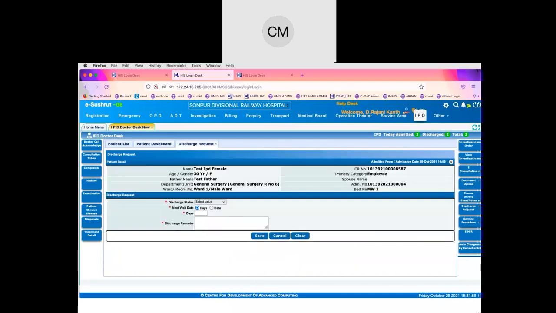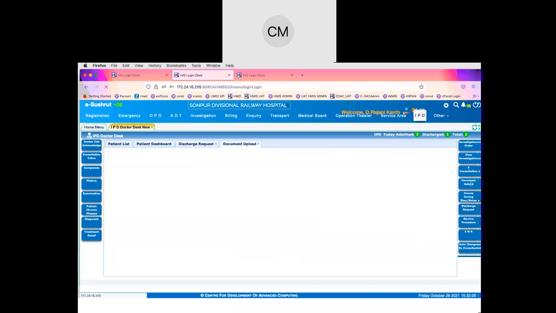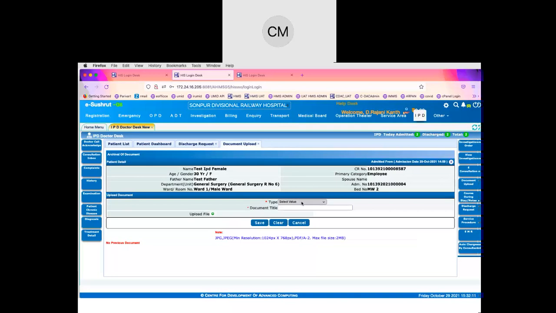And now there are two aspects that we have not covered. So let us see the document upload option available here. Why we have said document upload is an important option is because the implementation of the IPD module in HMIS can take place over a period of time, and abruptly maybe some of the patients have already been admitted. In that case, those records have to be scanned and uploaded. So here the entire case sheet can be scanned and uploaded.